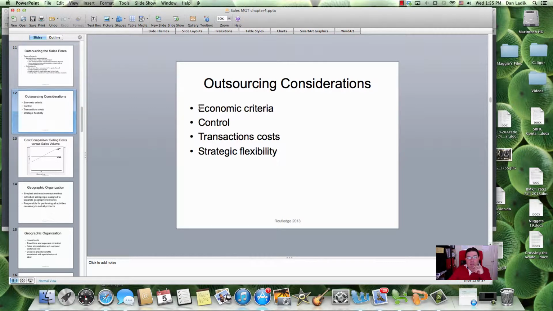So it's not just economic criteria, but it's really industry structure. I mean, a water heater is not bought all that frequently. So to go into a Home Depot, yeah, there's water heaters there, but you don't need to have a water heater salesperson calling on a Home Depot, and that's the only thing that they do.